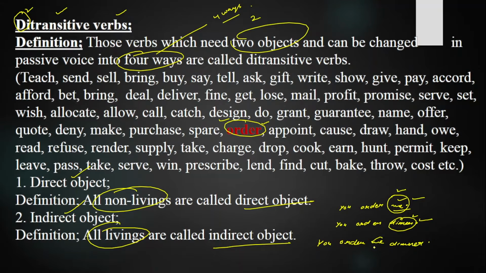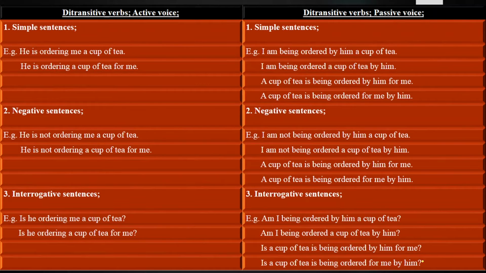So you order me what? Dinner. You order dinner for whom? For me. So the meaning is now clear and understandable. We mostly bring indirect object at the beginning, direct at the end. But if you want to shuffle the places, your indirect object me will be followed by a preposition, like you order dinner for me. So these are the two ways to change them in active voice. Main target, how we are going to change them from active voice into passive voice, that we will be discussing.